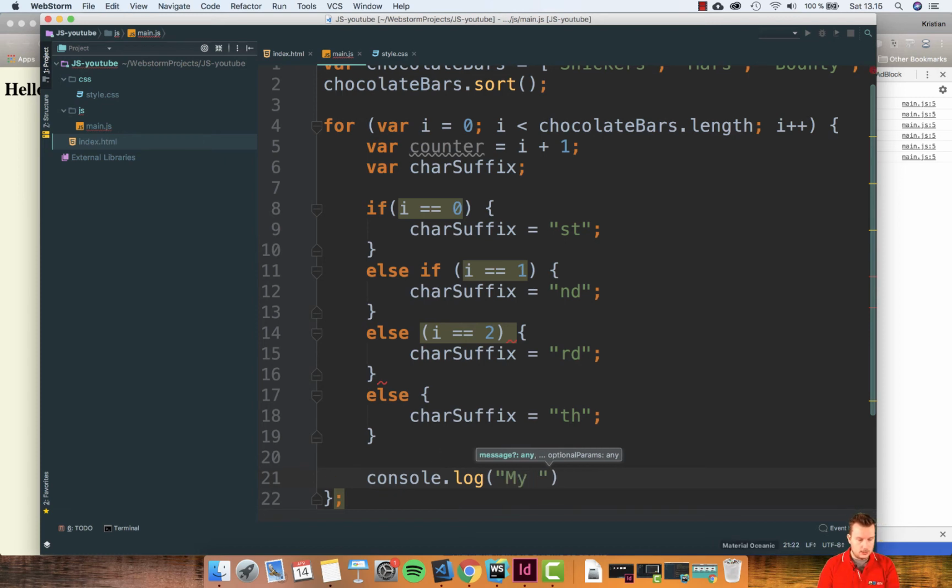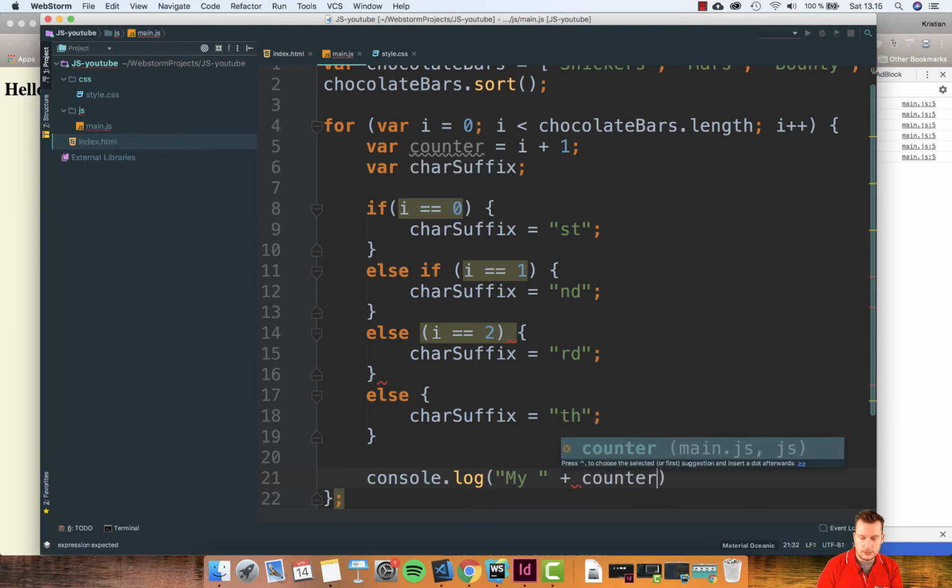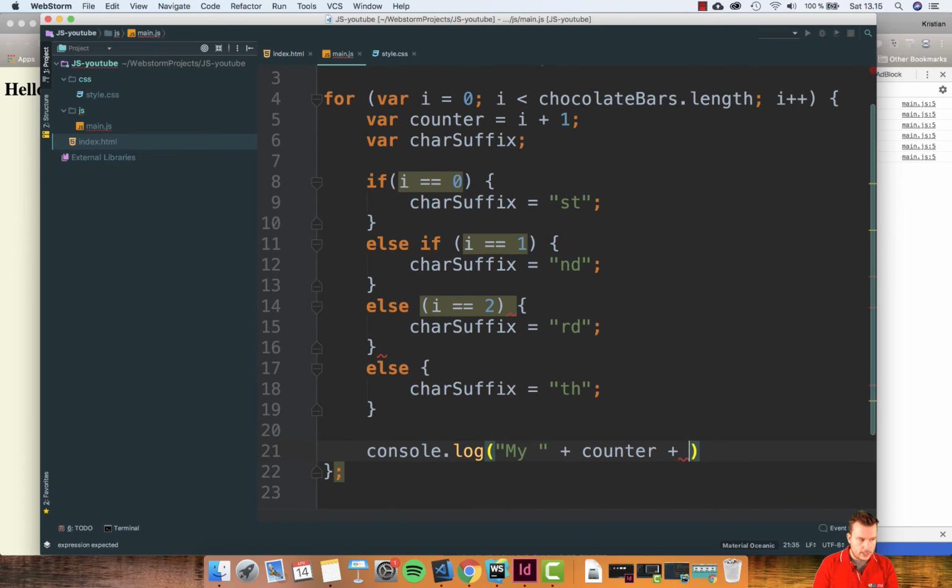My counter plus, and then we want to print out the counter, so it actually starts with the number. So I could also just, instead of typing counter up here, I could do as I did before with the parenthesis I plus 1, but now I just stored it in a variable, but same thing. I could just as well have done this. Same procedure, but this just looks prettier, I guess. So print out the counter here, and we want to print out the